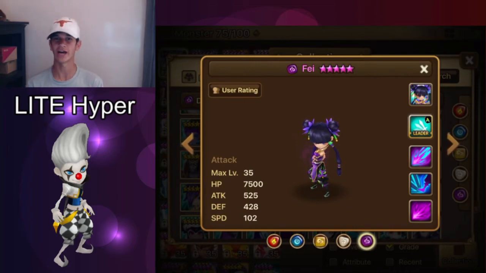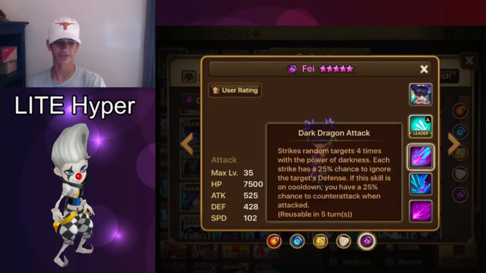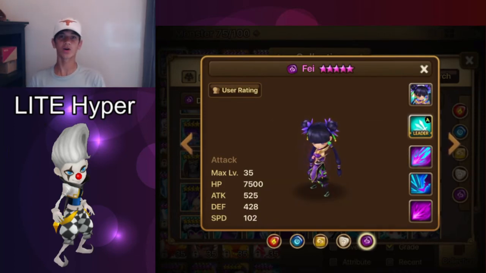There's only one real downfall to Fei, which is that her third skill is random, so it can end up attacking people you don't want it to and end up doing nothing really that you wanted it to. So that's the one bad thing about Fei. So now I'm going to go ahead and get into the